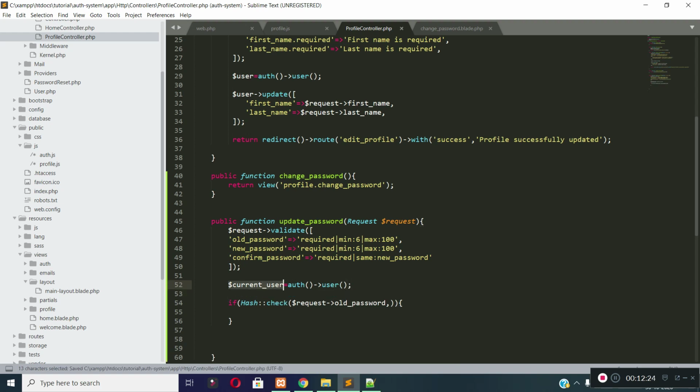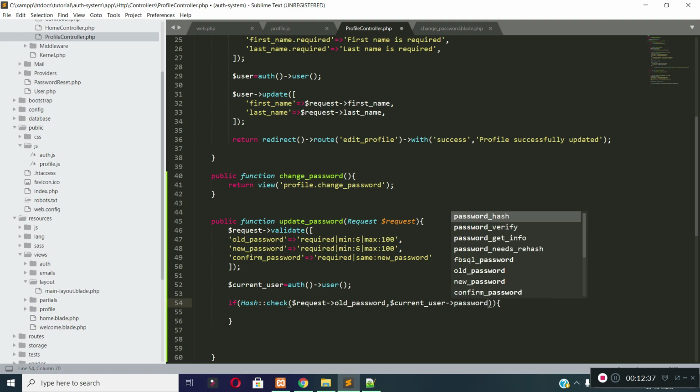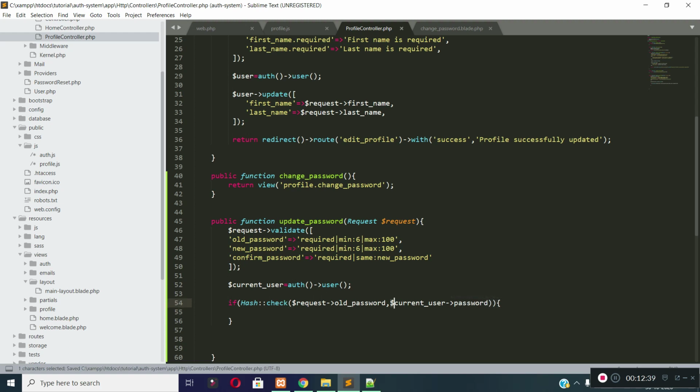Now inside the Hash check method, let's pass the encrypted password value in the second parameter. This is the user's encrypted password which is stored in our database, and this is the plain password I am giving to this method. Okay, it will return true if the plain password matches this encrypted password.